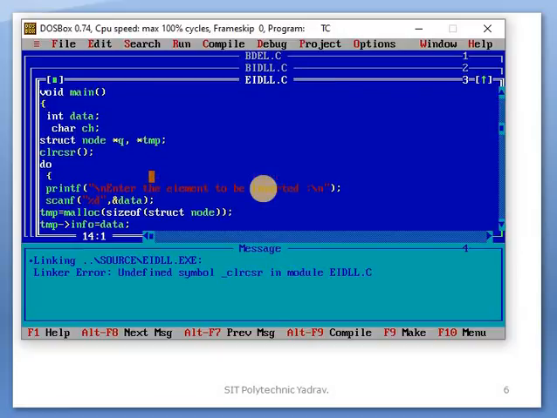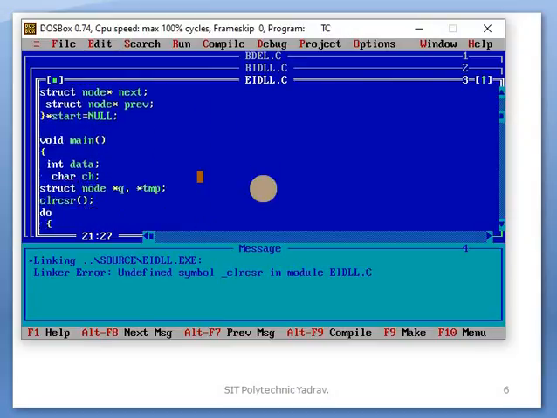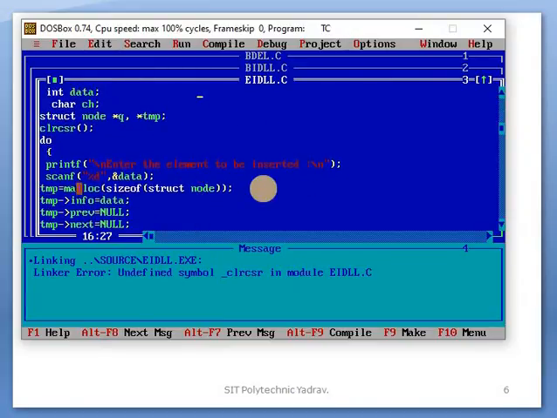Clear screen, sorry, yes. Spelling mistakes are there: CLR, SCL.